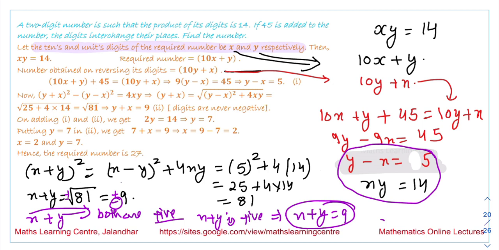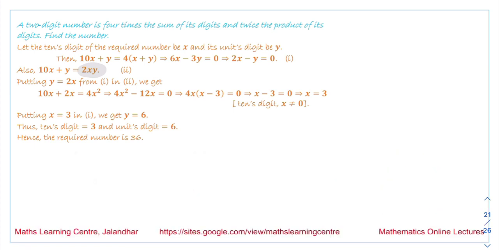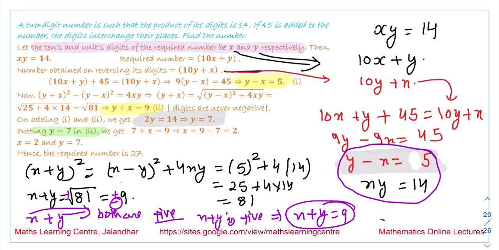So now we have two equations. One is y minus x is 5, and the second equation is y plus x is equal to 9. On adding these two equations, we get the value of y is equal to 7, and by putting y is equal to 7 in equation number 2, we get x is equal to 2. So we have x is equal to 2 and y is equal to 7. So the required number is